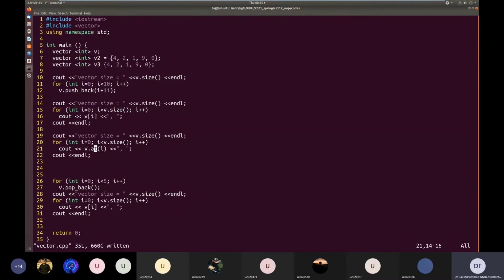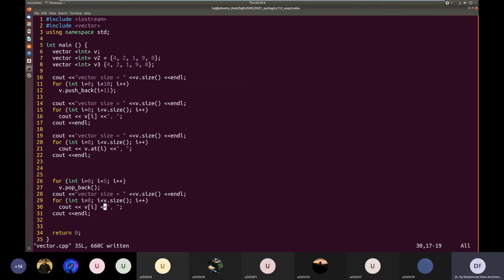So at does error checking on the index before accessing a vector. Then there is this function pop_back. Pop_back will remove the last element from the vector. This is what we did last time. We added some elements inside the vector v, so it accommodates all these elements, even though it was declared empty at the start. And then we removed some elements from the vector, and we have been printing the contents of this vector at different points in the program.